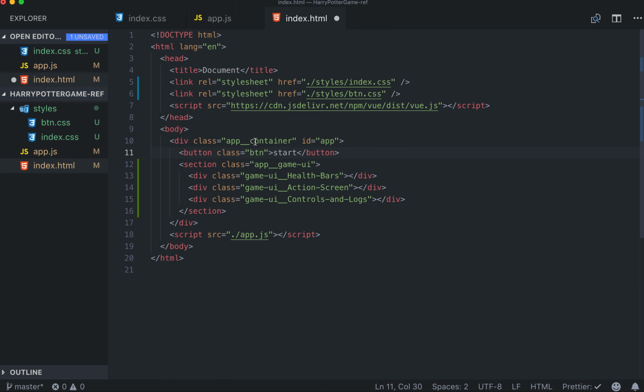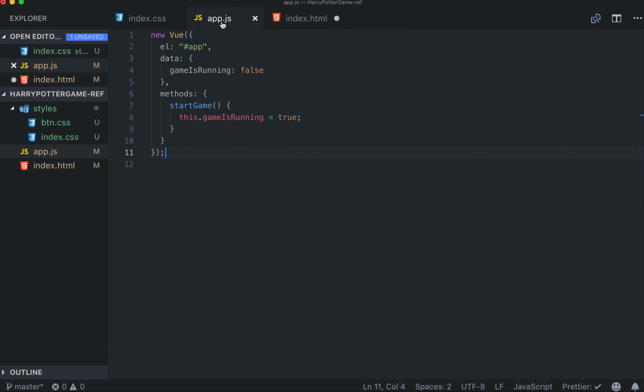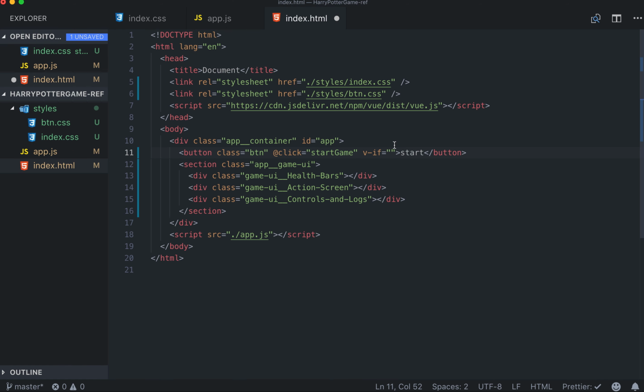Okay, and in index here, we can then say listen to click, and let's give it a function called start game, and let's bind the game is running property here, and this part I just use else. Okay, let's test out our solution, but